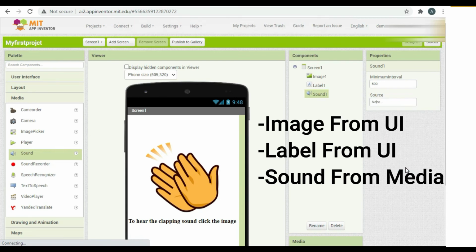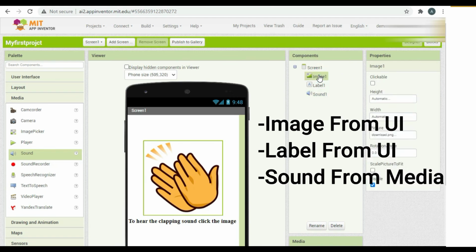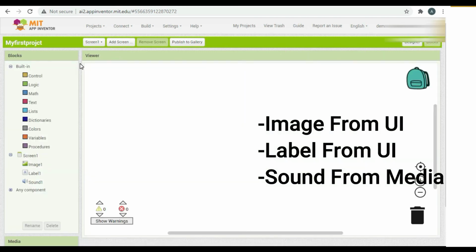Now let's get into the code. Before we get into the code, just simply click on image 1 and make the clickable mode on. Now to go to the code, you will have to click on blocks, and as you can see here there are many inbuilt components, inbuilt blocks, and here are the components of screen 1.